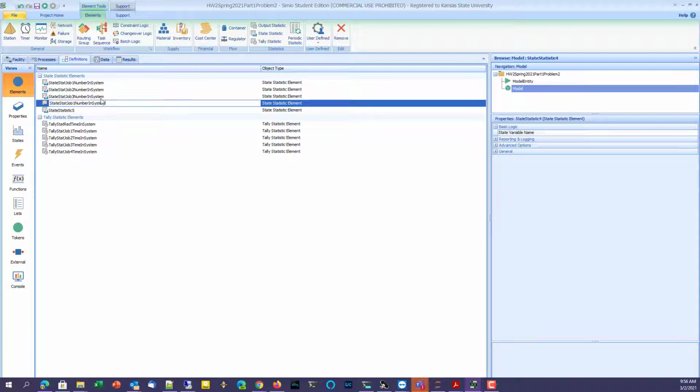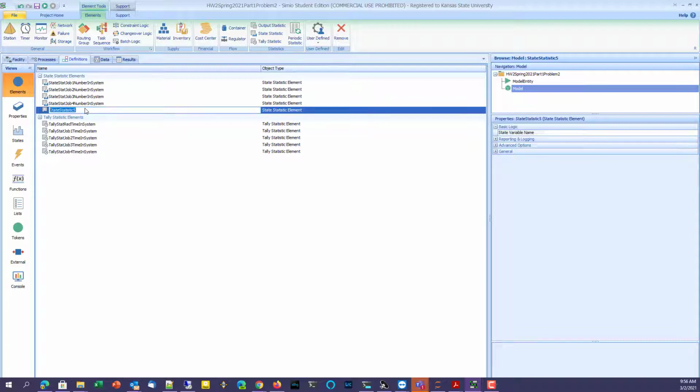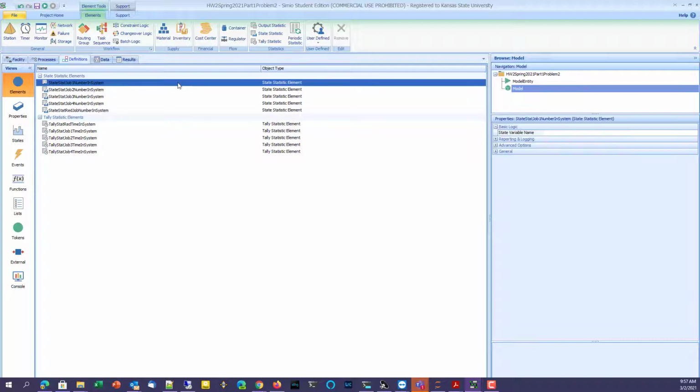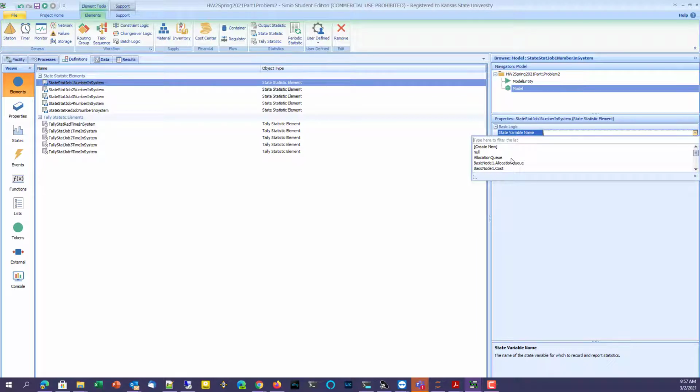And job 4. Last one will be red job. How's that? And each one of them is referring to that state variable called